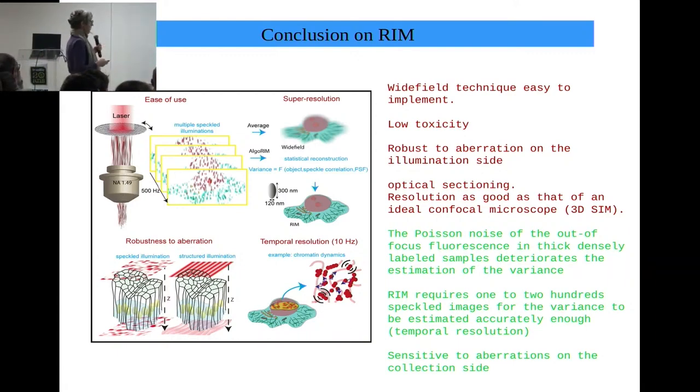There is another problem. Contrary to confocal, we are collecting all the photons that come back from the object. And if the sample is very densely stained, of course, we will have photons coming from the out-of-focus planes. We still have optical sectioning, but only if the variance of the images coming from the signal, from the modification of the speckle, is bigger than the variance coming from the Poisson noise of the background. So this is subtle, but it's a limitation, and you don't have this in confocal.